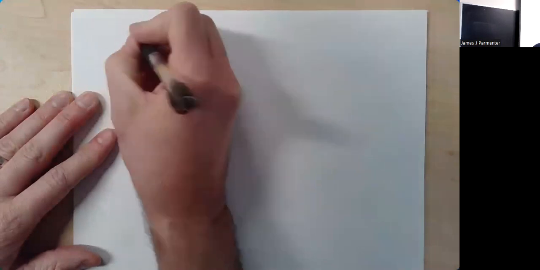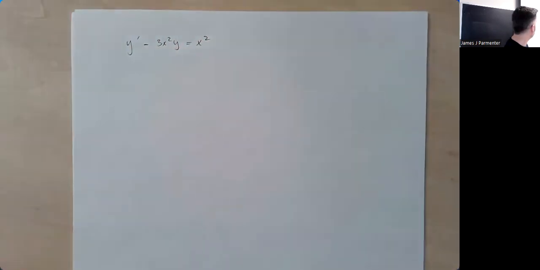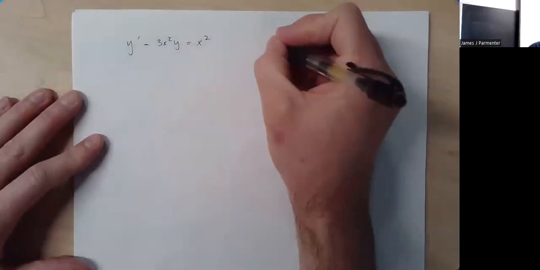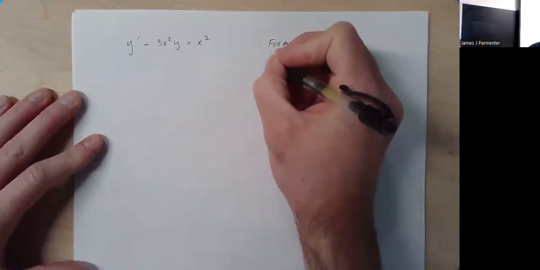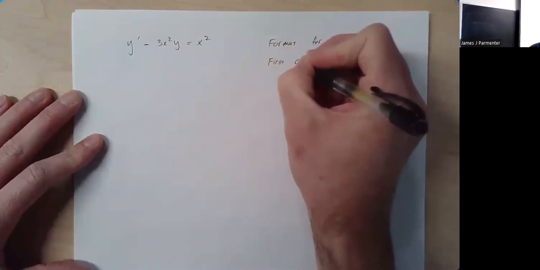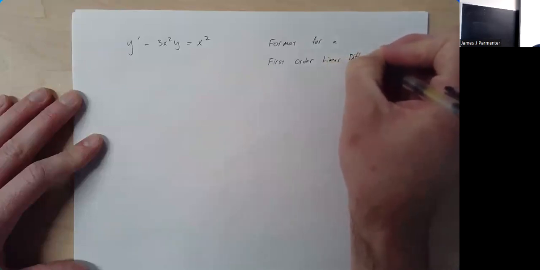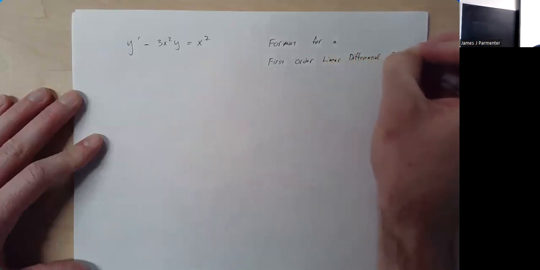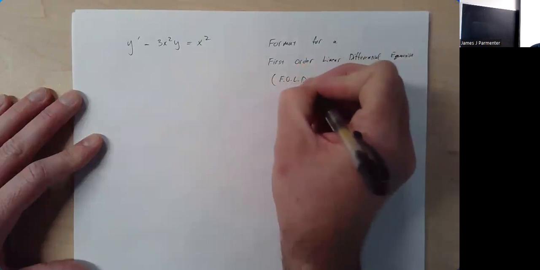But let's look at solving this first order linear differential equation, y prime minus 3x squared y equal to x squared, using the integrating factor. So to be able to do this, we have to be able to write our differential equation in the following format. For a first order linear differential equation, from now on abbreviated as FOLDE,